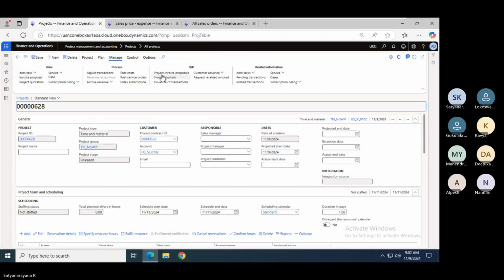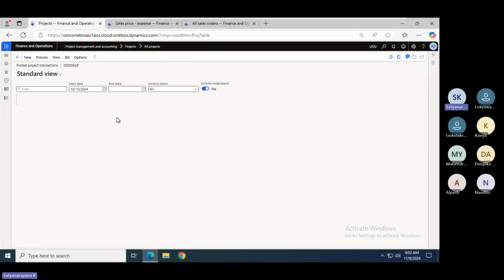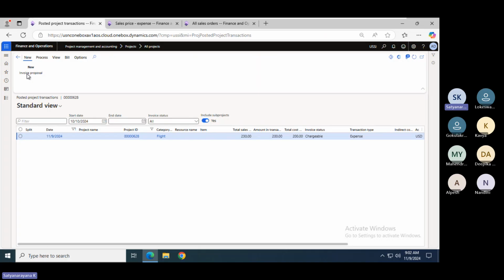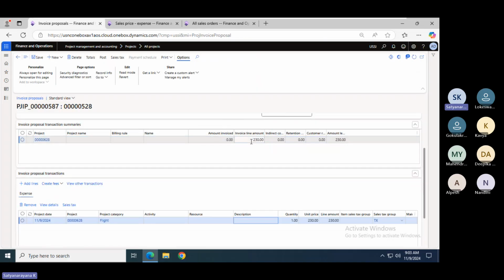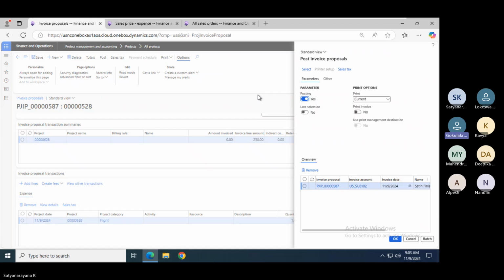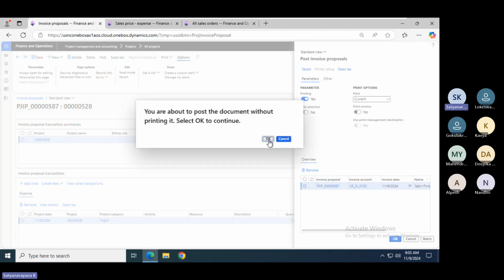Both are the same. Now I'm doing it from here. You can select and then click OK. Then the revenue account is posting. Revenue entries are posting now, so 230 is posting. Earlier, the entry posted only the cost. After posting the invoice, the revenue is booked. Exactly right. Posting now.